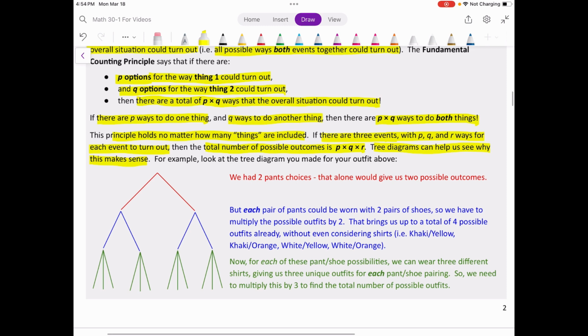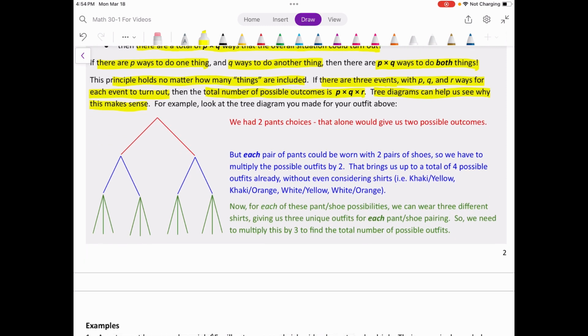We can kind of see why it makes sense, right? Looking at the tree diagram we just made for our outfit above, we had 2 pants choices. Well, that alone gives us 2 possible outcomes, right? Just for pants, there's already 2 possible outcomes. But each of those pants could be paired with 2 different shoes, right? Each, keyword each pair of pants could be worn with 2 pairs of shoes, meaning that we have to now